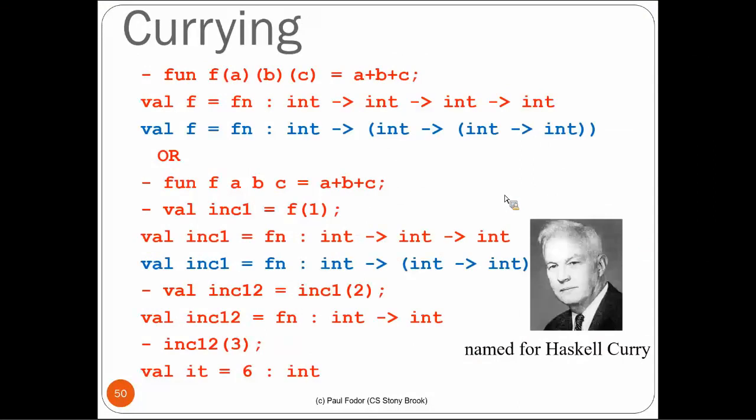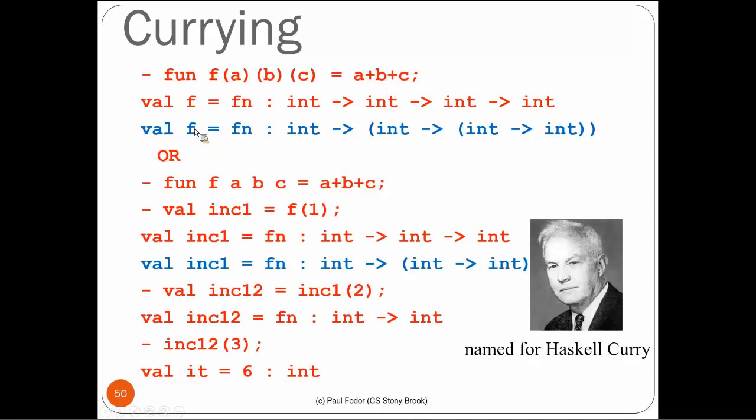So as I said earlier, the fact that in many cases we don't use parentheses around the arguments is because in SML you can apply a function on the arguments of that function in order of occurrence, one by one. So in fact, when we define a function f applied on a, b, and c, we actually are defining a function that applied to a returns a function that applied to b returns a function that applied to c returns